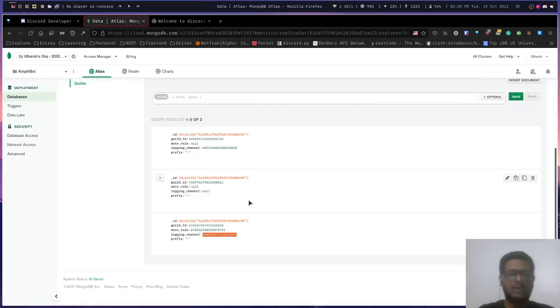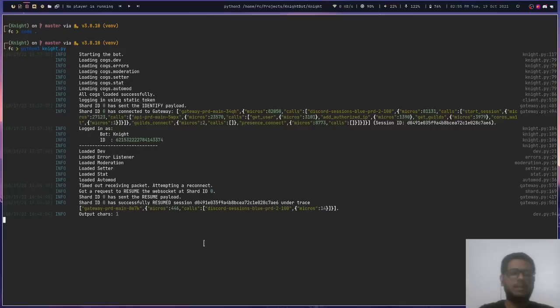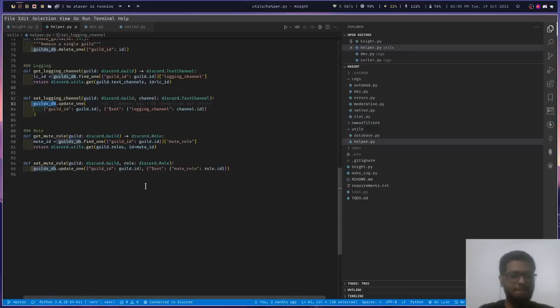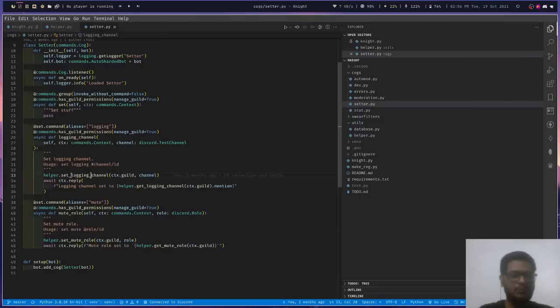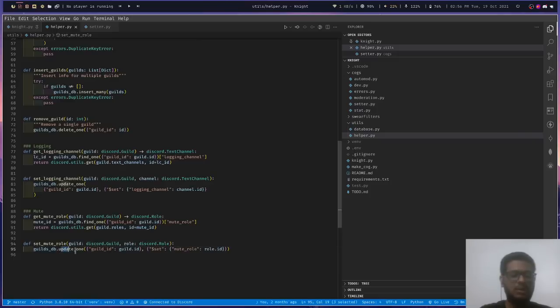So whenever we change or add a logging channel or mute role, it will automatically change the IDs of the respective role or channel in the database. And same for the mute role, we will set mute role. As you can see, we are doing an update query and setting the mute role to the provided role's ID.